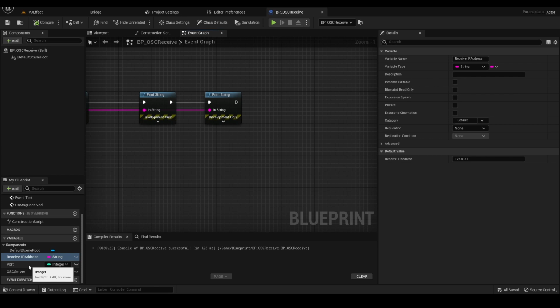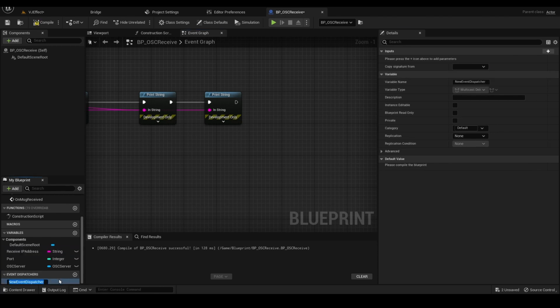Okay, so next what I'm gonna do is kinda complicated things. We have to send the value to the another actor. So to do that, I'm gonna make the event to do that. So I'm gonna click on the event dispatcher. The name is on OSC received, and I'm gonna drag the on OSC received and drop it, and I'm gonna select the